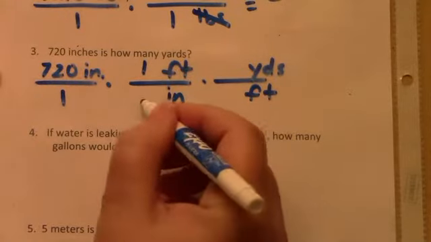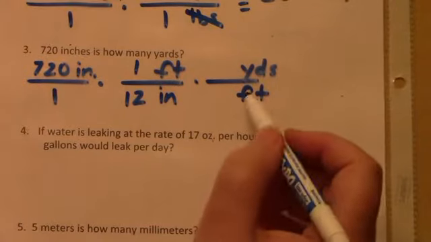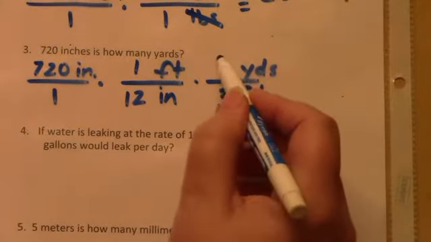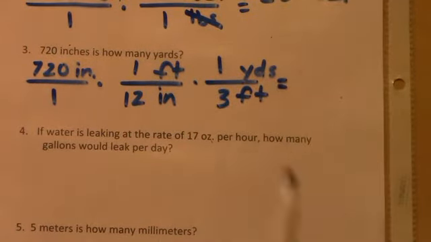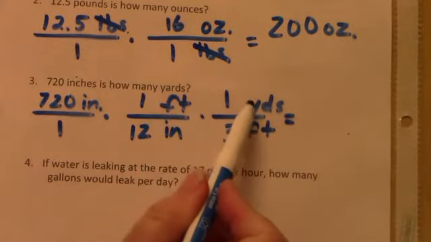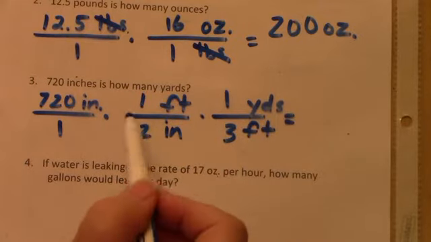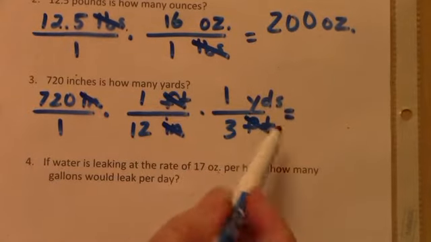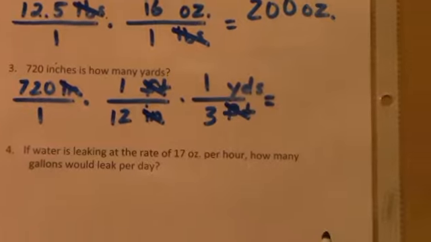So in 1 foot, I have 12 inches. Okay, well, how many feet do go into a yard? 3 feet go into 1 yard. Now, let's do my canceling. Begin with what I have, end with what I want, do my conversions in between, do my canceling. Inches cancel, feet cancel, I'm left with my yards, that's what I want, and now we simply have to do